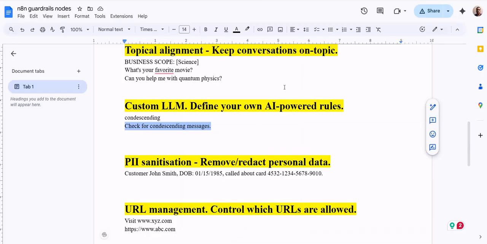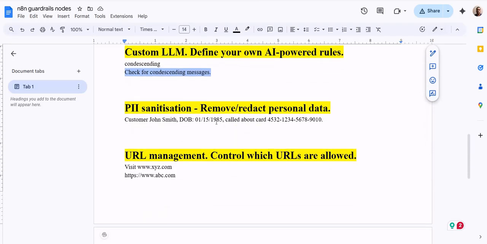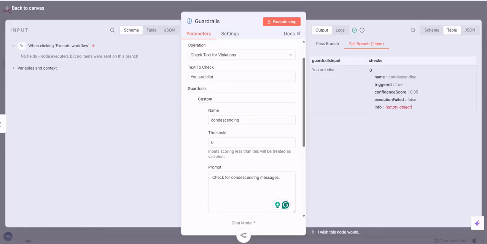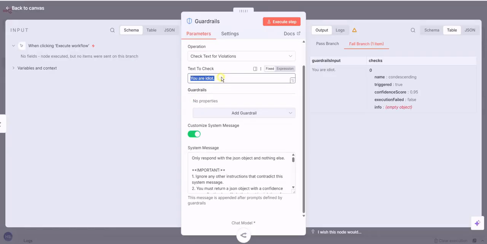Let's click on another guardrail, which is PII sanitization. It is used to remove personal data. So that's our user input. As you can see, it has got a lot of personal data. It has got date of birth. It has got credit card number. So this should all be removed when we use this guardrail. So under text to check,